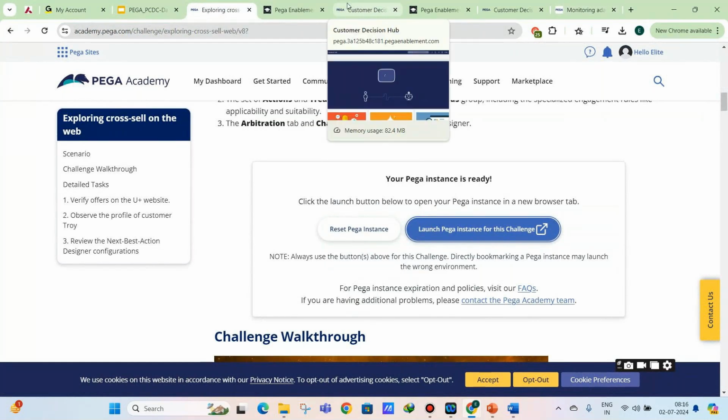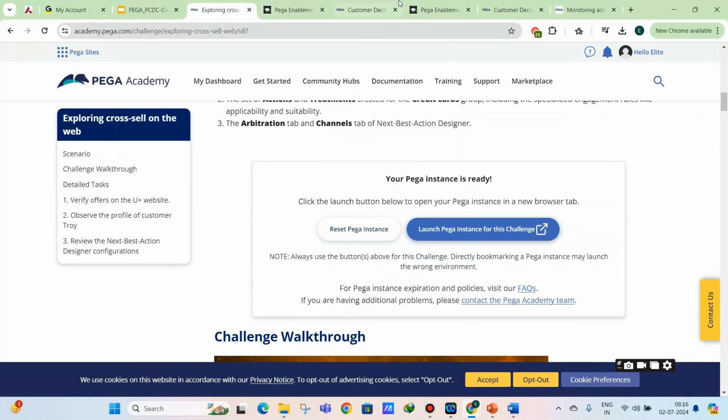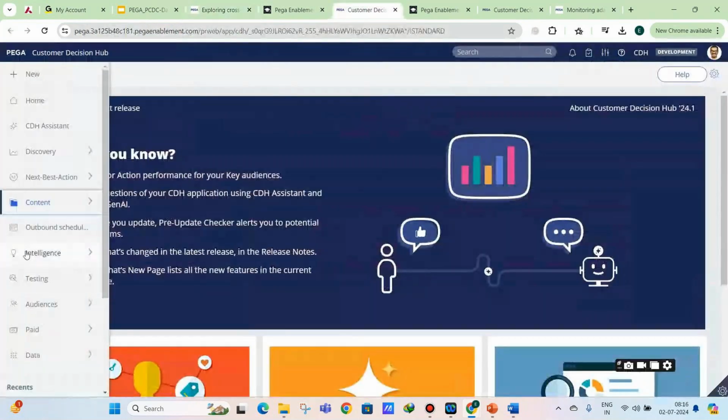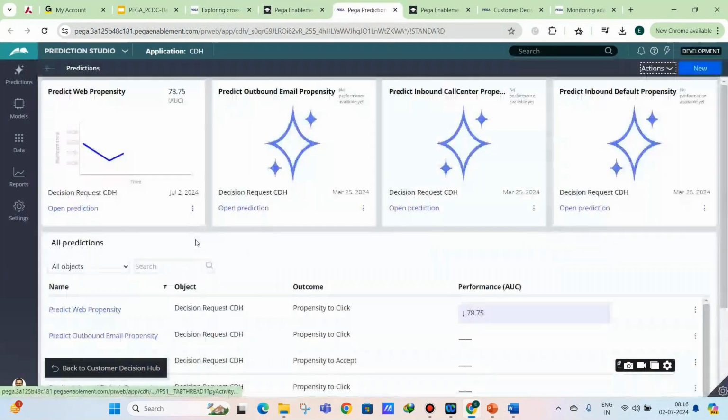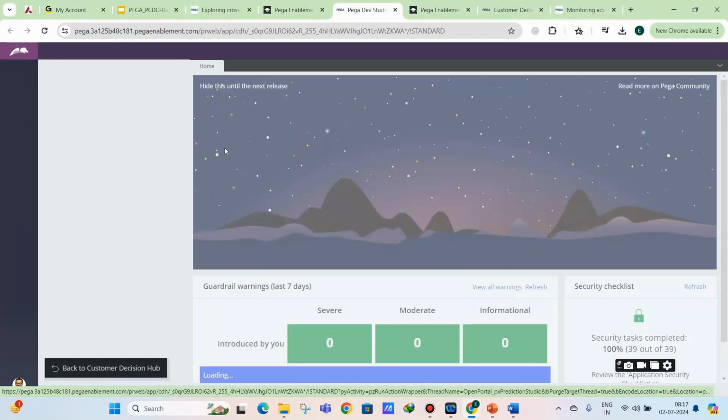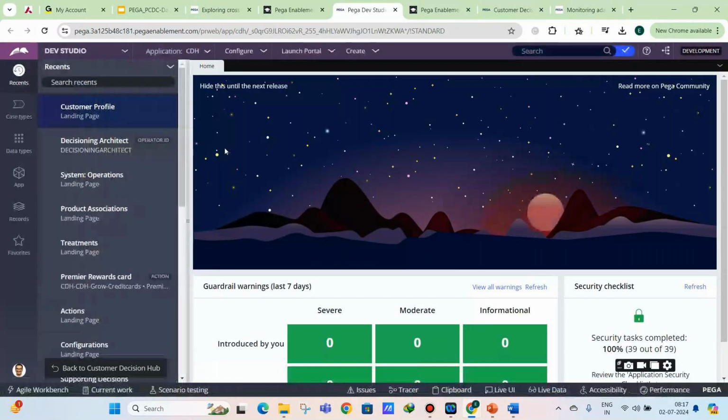The good thing is that the entire Pega decisioning concepts are present in your personal edition also. When I say Pega decisioning, strategies, models, all these topics are present in personal edition also. For example, if you go to the personal edition, it will look like this.